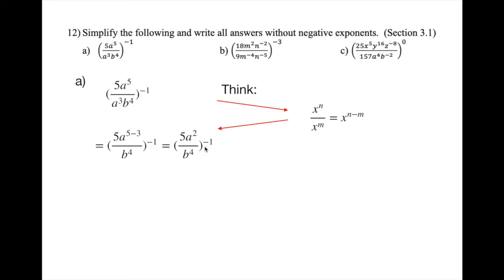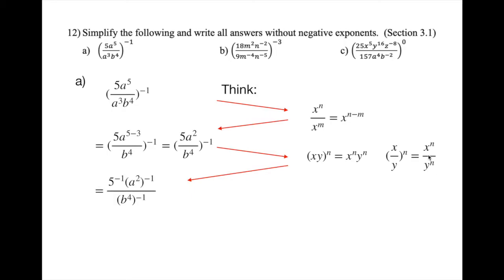Then the next step, we want to deal with this negative 1. We don't really like the power outside. So what we are using are those two. So if we have some product or quotient raised to some power n, we can give the power to each of them. So this one will become, we can give negative 1 to each one of those 3 terms. And then